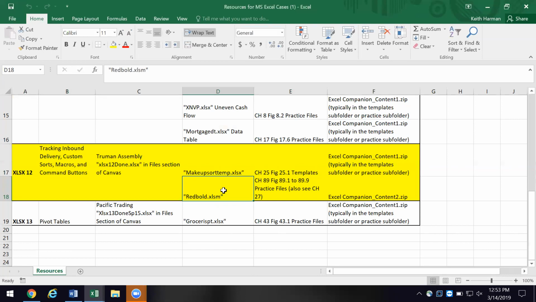Now, when you see an XLSM, you're getting a first warning that this has a macro. Then you enable the editing, and then you get another security alert to make sure that you realize you've got some stuff that runs automated in there. Now the Red Bold file also walks you all the way through,